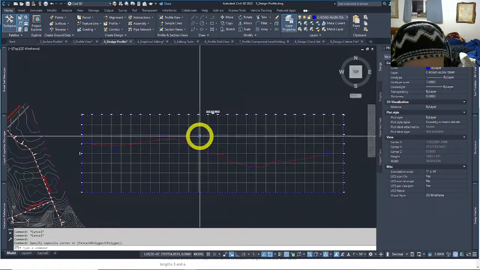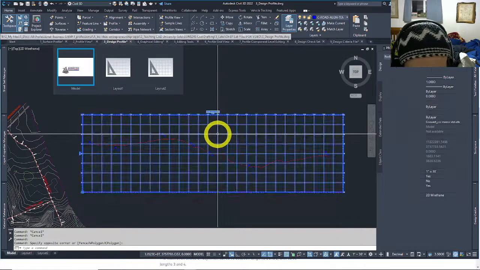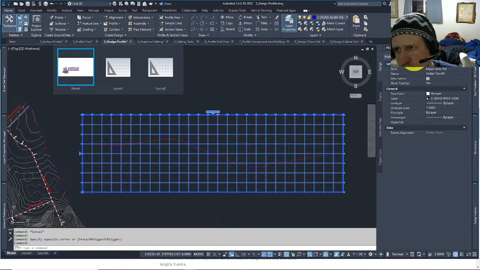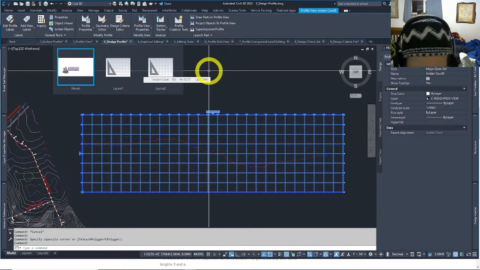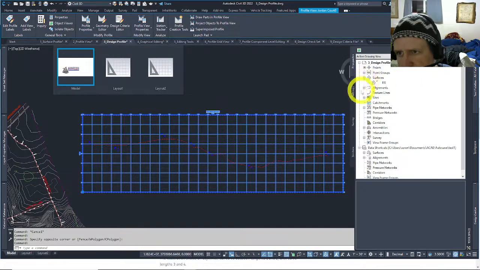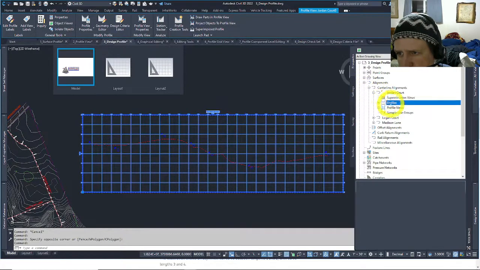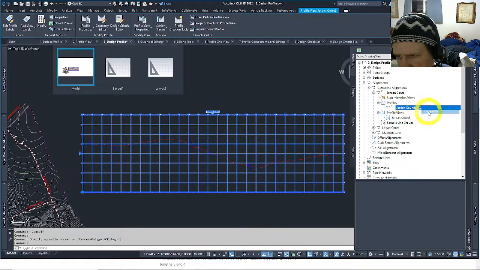So let's click back into our design profile DWG. Let's click on one of the grid lines to start talking about the profile view. This one is the Jordan Court 8-1. I could have named it a little better and just called it Jordan Court. One of the big things as these populate, under alignments, it pays to get very surgical with naming these correctly. So this profile view here,